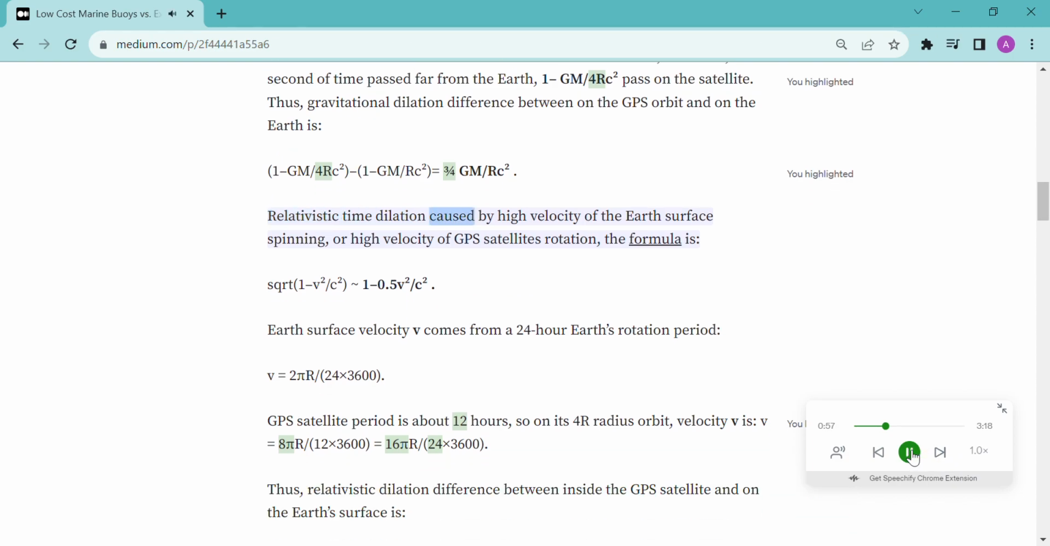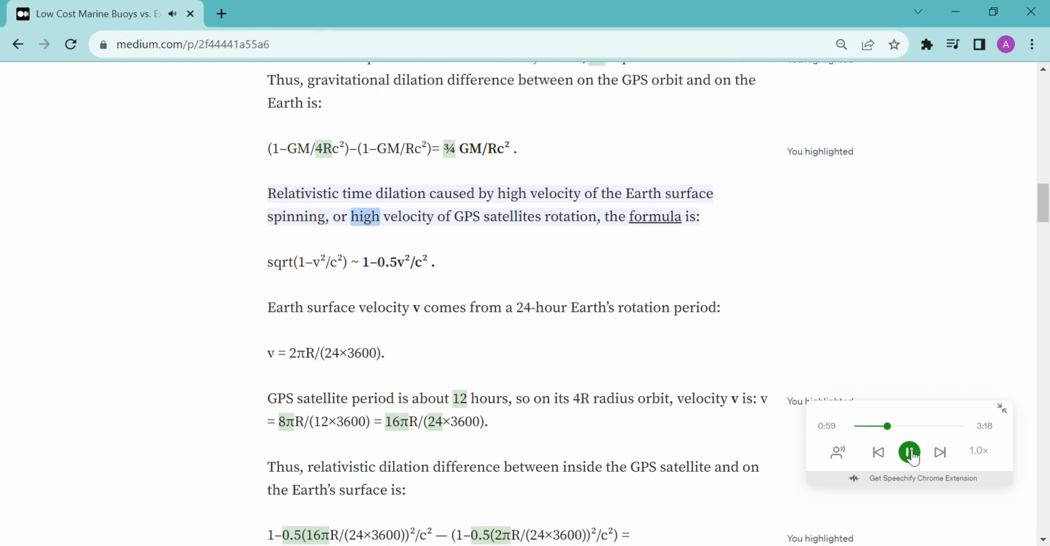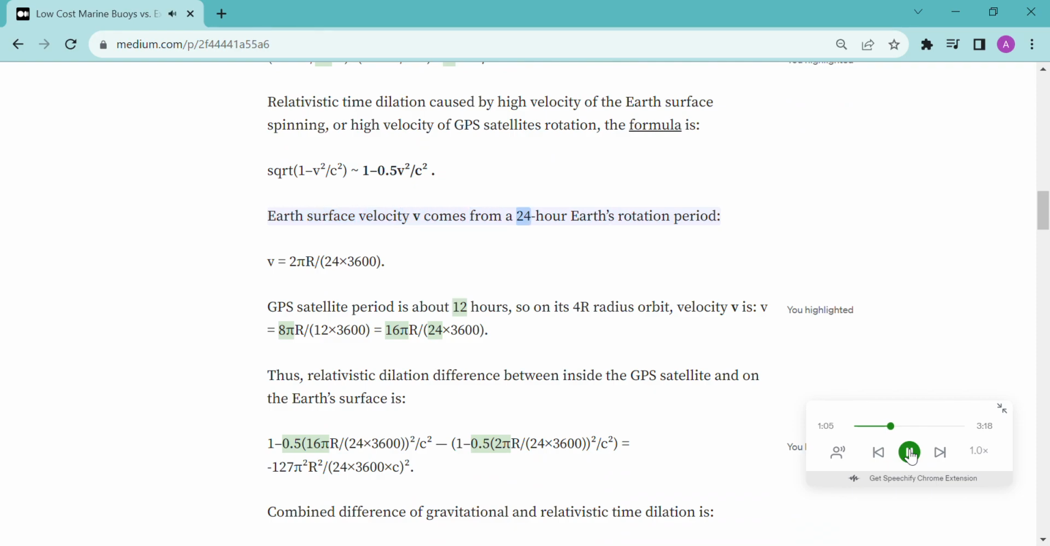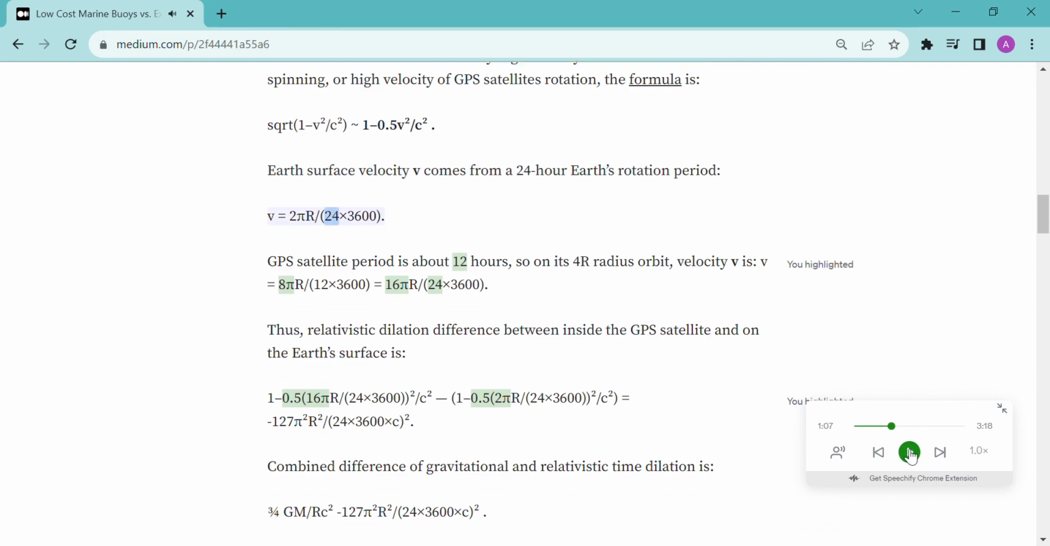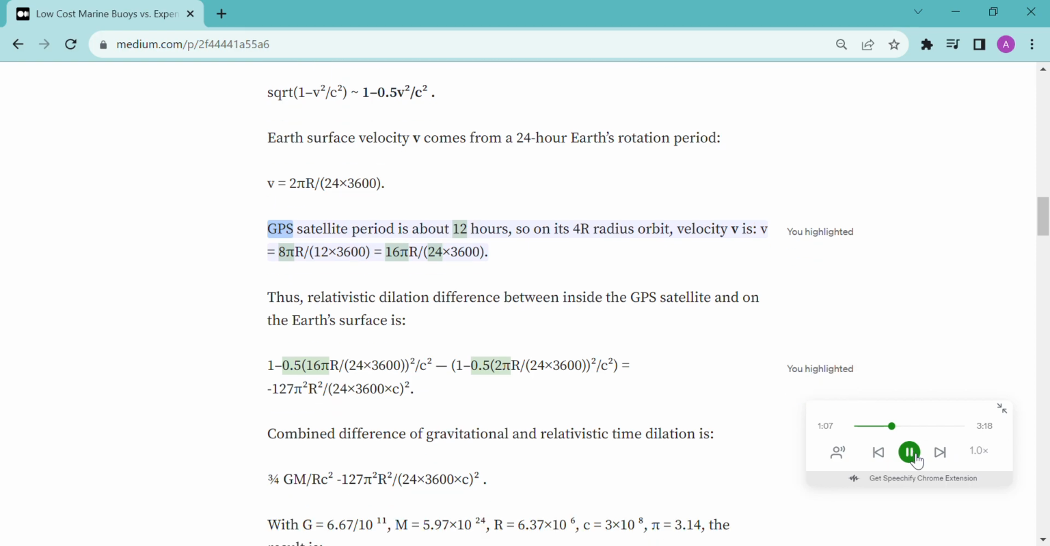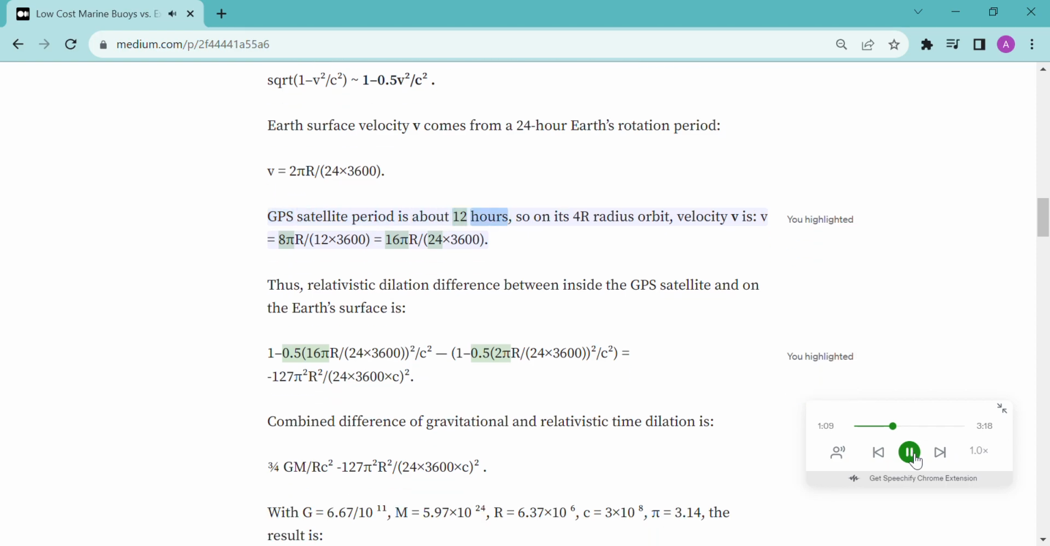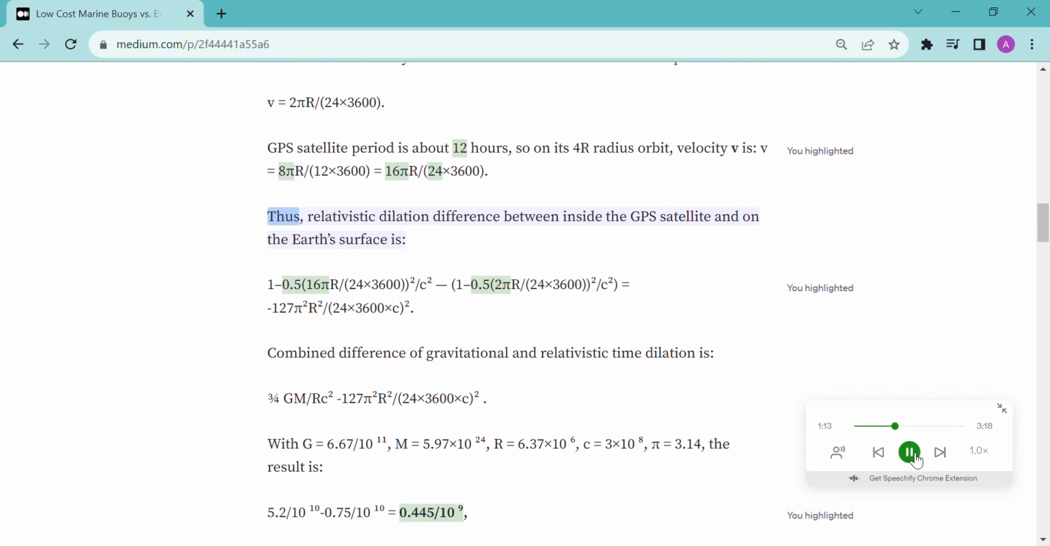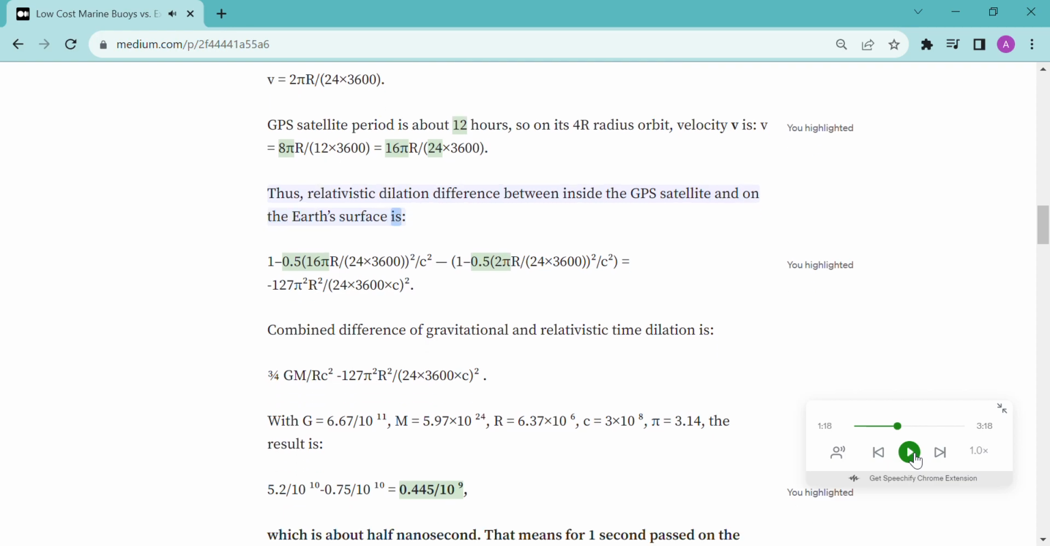relativistic time dilation caused by the high velocity of the Earth's surface spinning, or the high velocity of GPS satellites rotating. The formula is given. The Earth's surface velocity v comes from a 24-hour rotation period. The GPS satellite period is about 12 hours, so on its 4-radius orbit, velocity v is given. Thus, the relativistic dilation difference between inside the GPS satellite and on the Earth's surface is